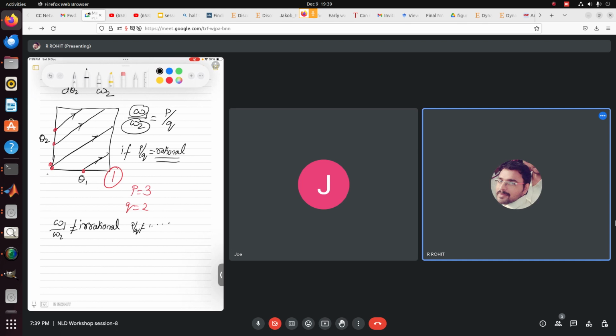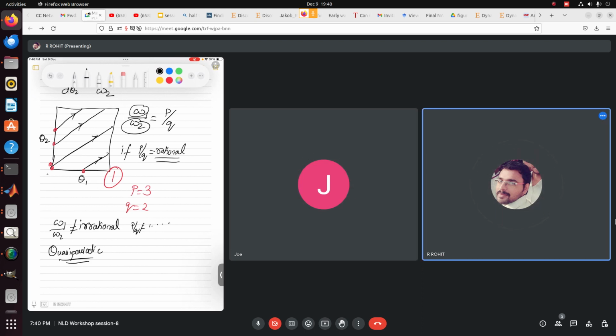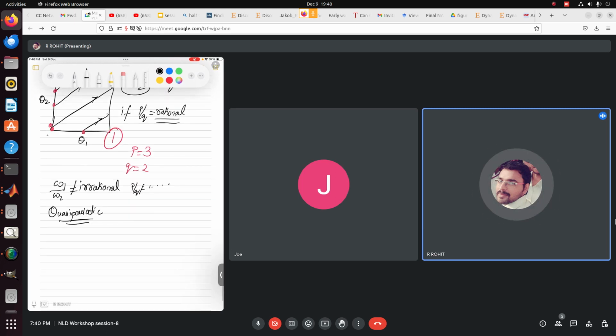In this case, the system exhibits a quasi-periodic behavior. What quasi-periodic behavior means is, initially when you had a rational number, you had your straight line trajectories, and we said they are all closed orbits. When quasi-periodicity is exhibited,